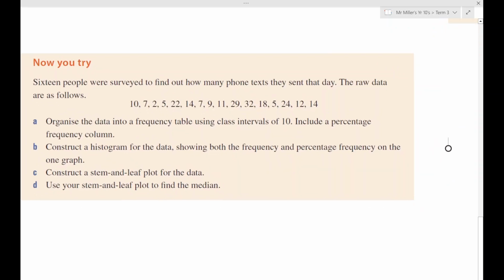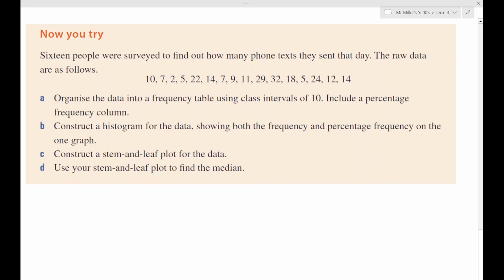Hello guys, I'm going to show you this example from exercise 9a in the textbook. The question asks, 16 people were surveyed to find out how many phone texts they sent that day. The raw data is as follows. So you can see one person sent 10 texts, one person sent 7, one person sent 2, one sent 5,